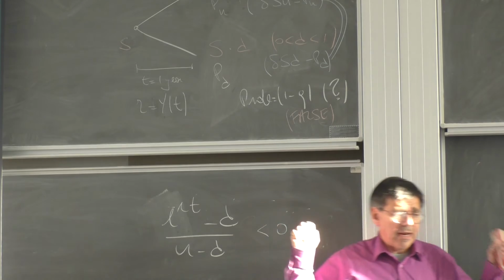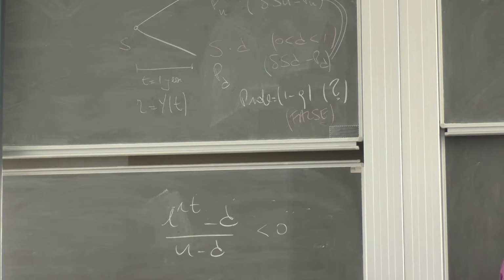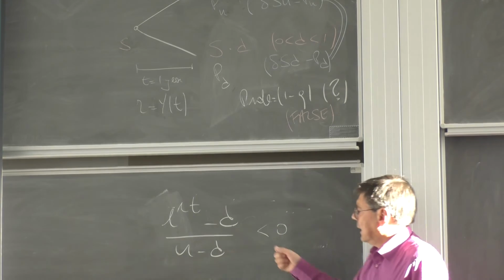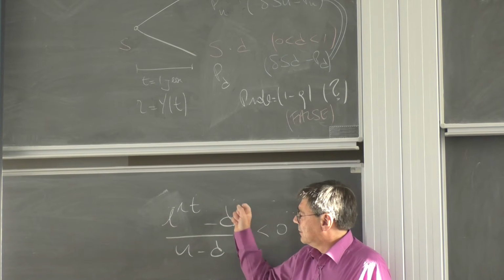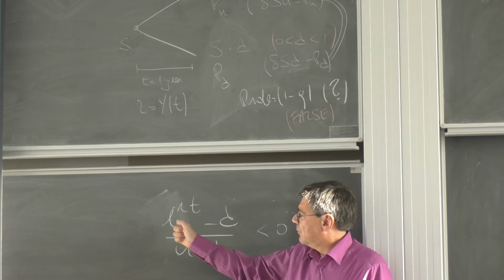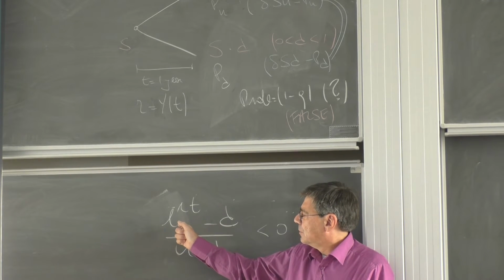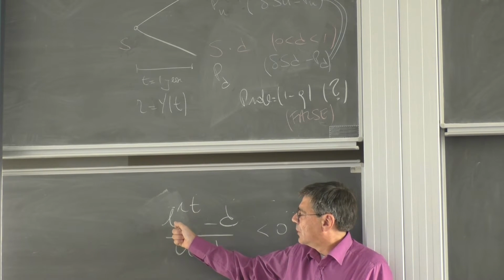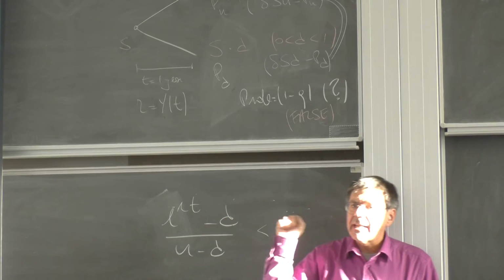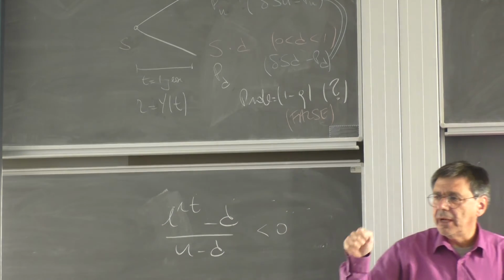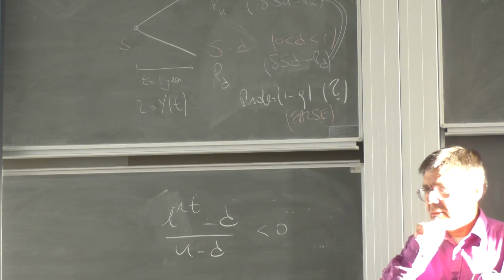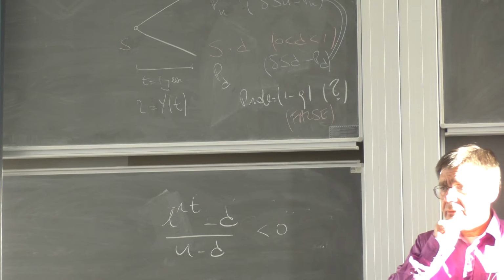The worst case scenario is that you get your investment times d. And then when you compare what you get when you multiply your investment by this and by that, then putting your money in the bank is always worse than the worst possible thing that can happen to you if you invest your money in this underlying asset. Is this possible?